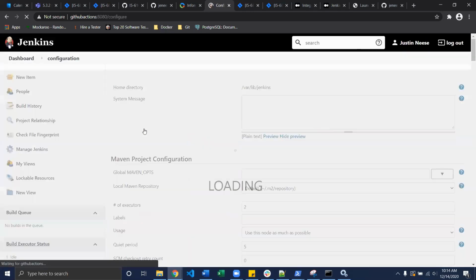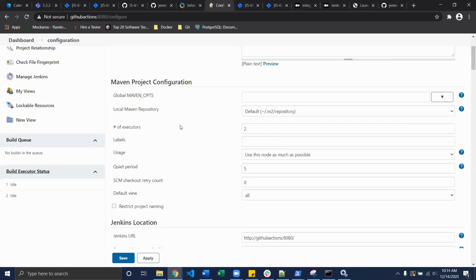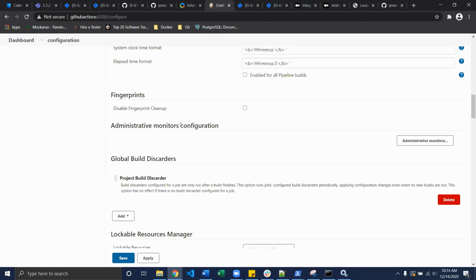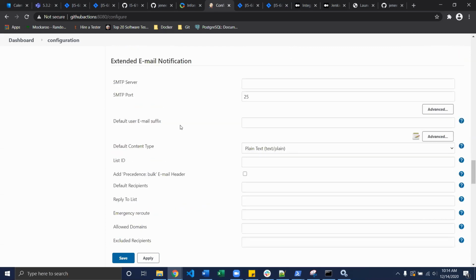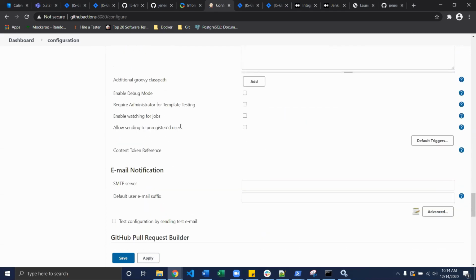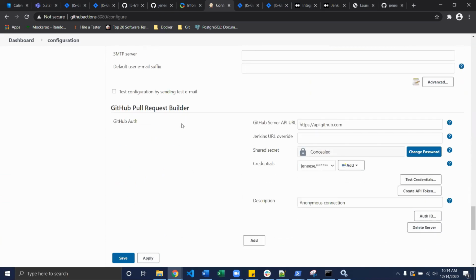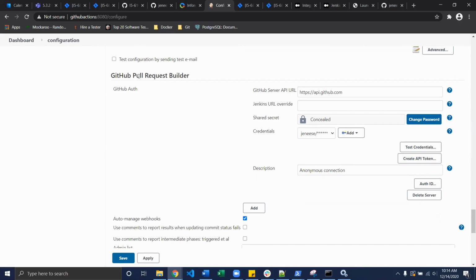And then configure system. So you'll see here, you can basically pre-configure different sorts of settings within Jenkins on this main overview page. And so this is where you can configure different settings for plugins as well. So for example, here, the GitHub pull request builder, I have that set up with the GitHub server API URL,